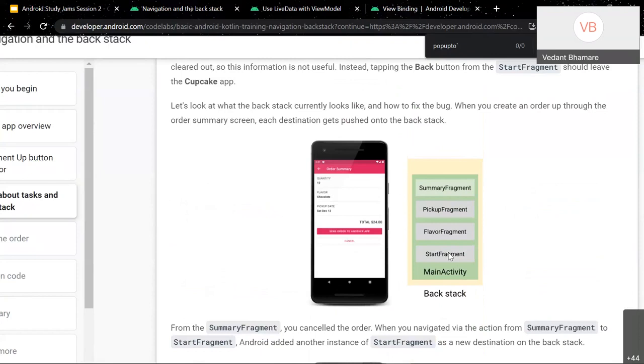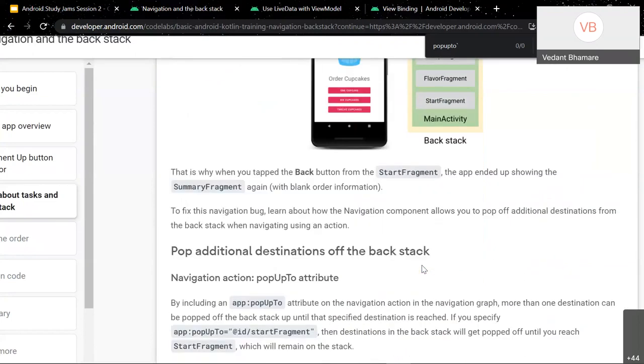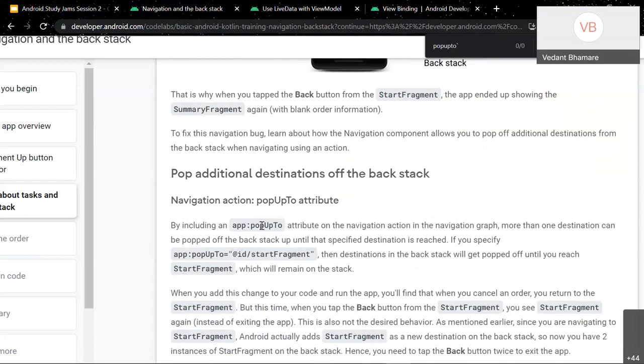So all the fragments from the summary fragment to the start fragment would be popped up. That is what this method means, popUpTo.